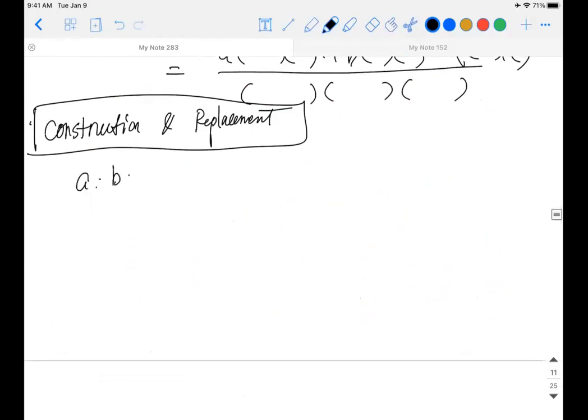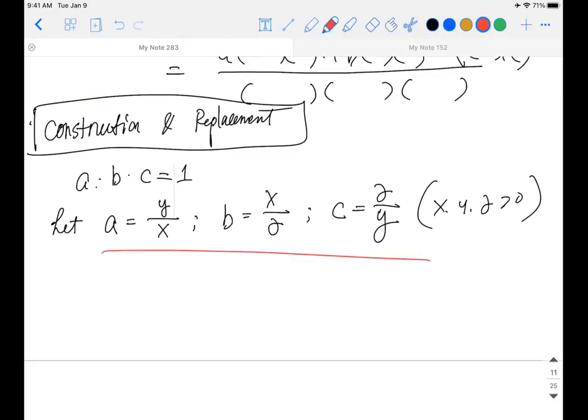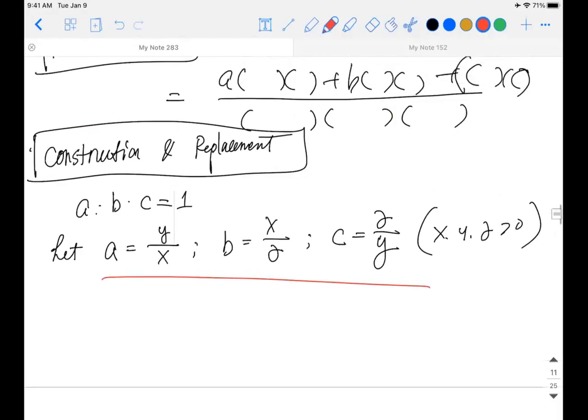A times B times C equals 1. We can let A equal x over y, y over x, same thing. B equals x over z. C equals z over y. Of course, x, y, z are all greater than 0. Because doing this, you'll be able to make sure A times B times C equals 1. There's nothing really contradictory. You just want to make a multiple of them together equal to 1. And also, as long as you do this,